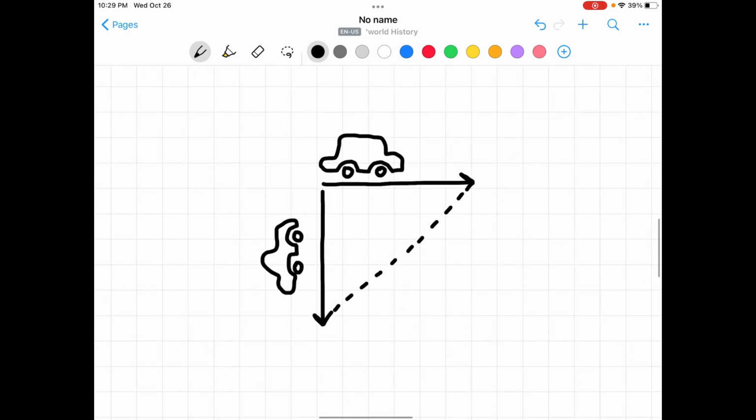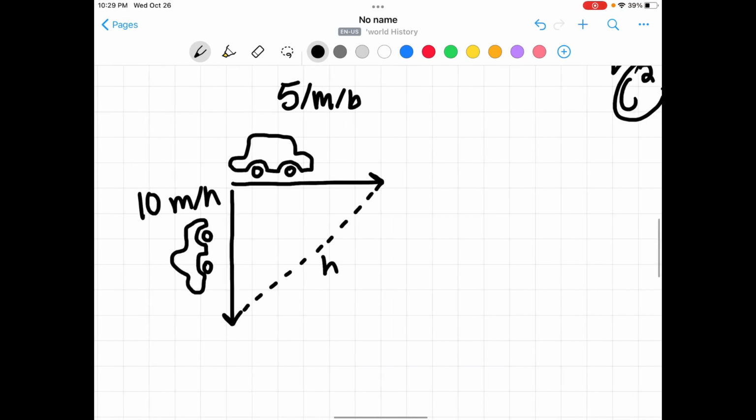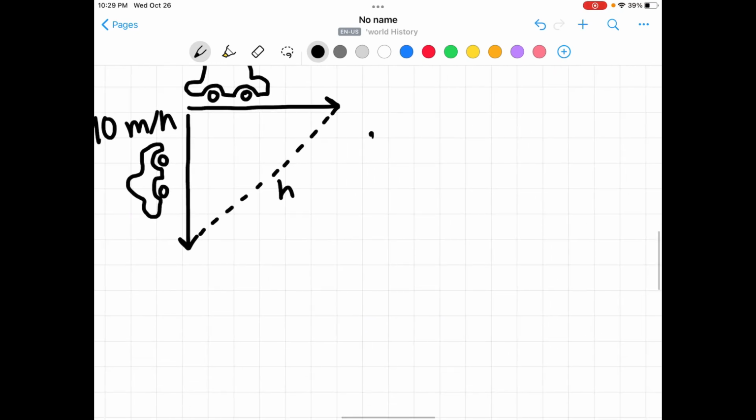If it's a situation like this, I have my really great cars that I drew. If they're moving, how are we supposed to determine this h if we know that this one's moving at a rate of, we'll say, 5 miles per hour? And this one's moving at a rate of 10 miles per hour. How are we supposed to find this h given that? So we are just going to have to take the derivative of this equation